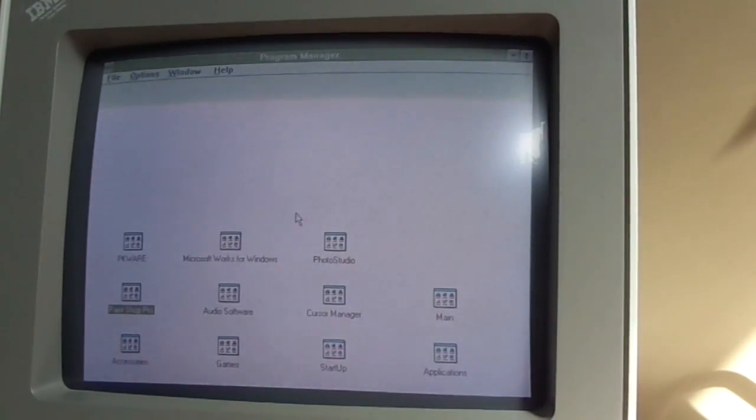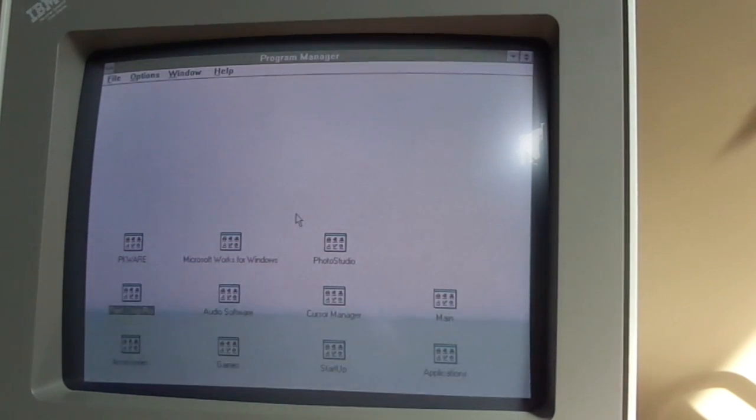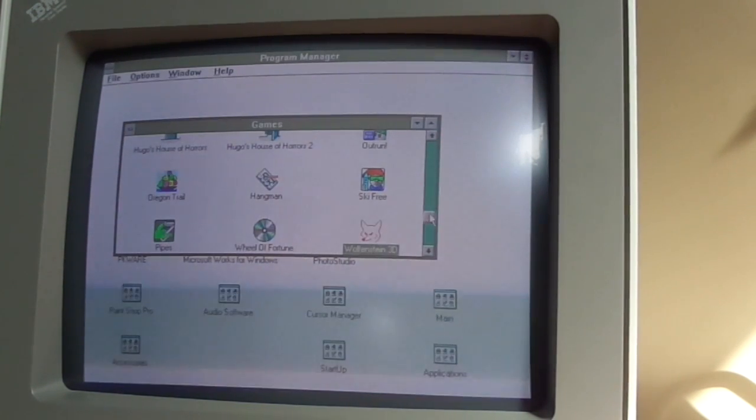For those of you who did see the last video featuring this computer, you probably would have remembered me upgrading it to an Evergreen 586 AMD-based upgrade chip. Well, I decided to downgrade it back to the Intel DX2 because I wanted it to remain a genuine Intel machine, just for my own pleasure, I guess. So we're going to go ahead and launch